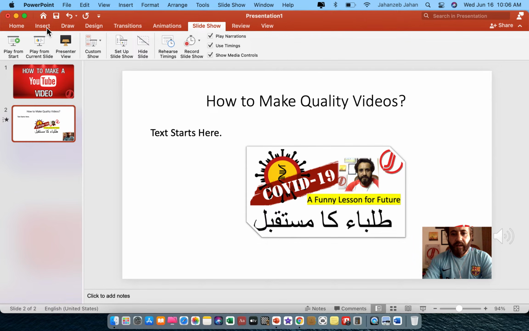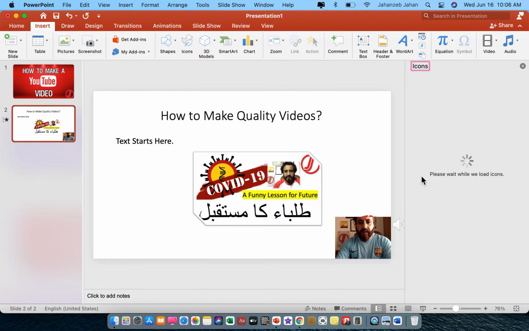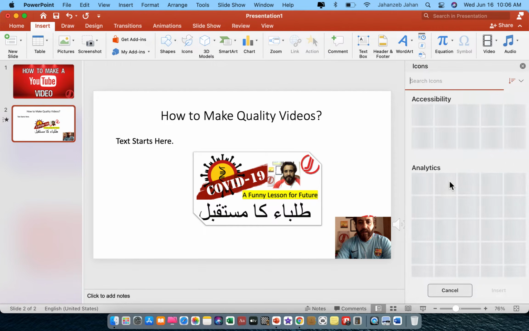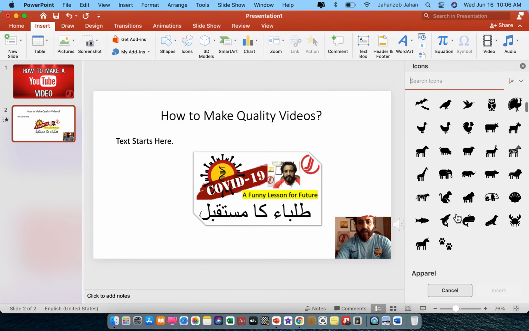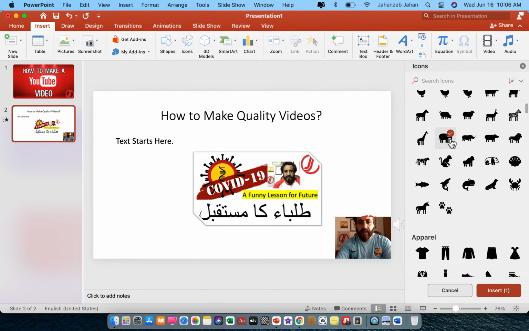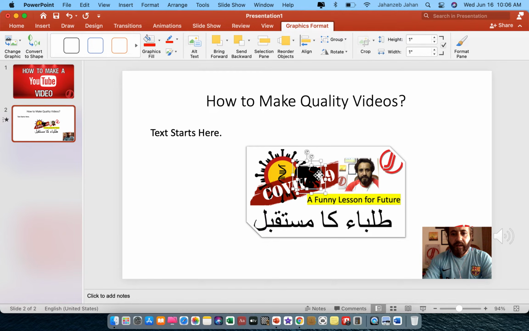There are plenty of options, let me tell you. You can add icons from here. There are plenty of options of icons which I don't need at the moment, but you can use them. For example, if we want to use this icon here, so by clicking like these two, if I have selected, so the two will be added. So now I want to, I have to segregate them. For example, I select one,